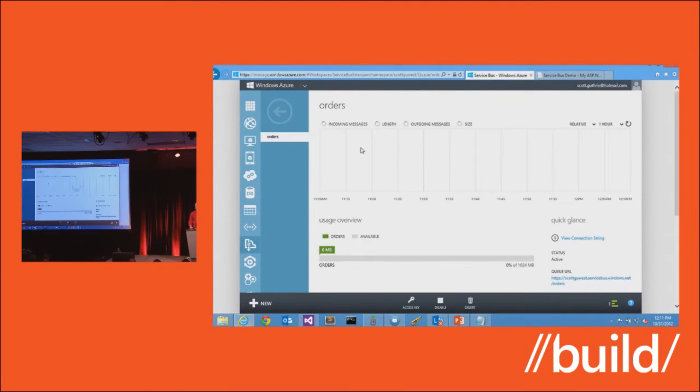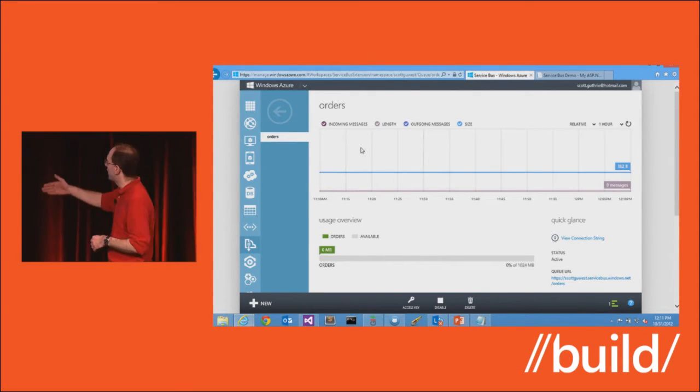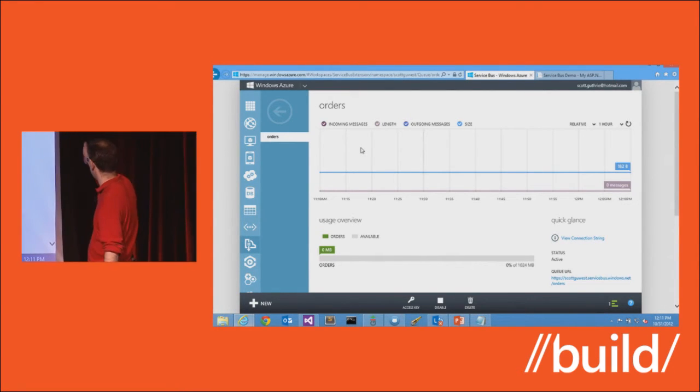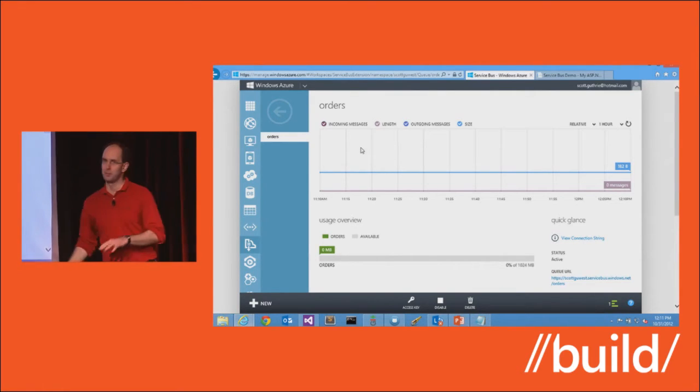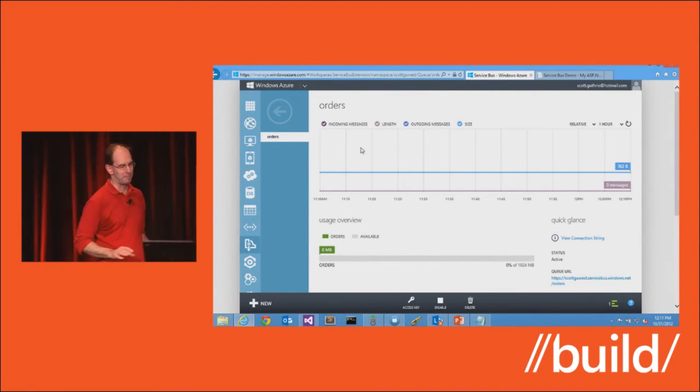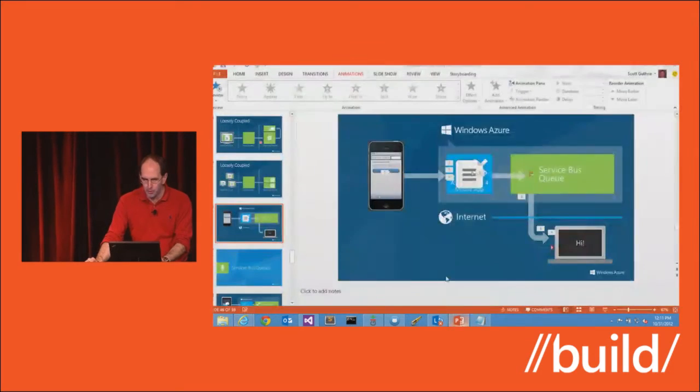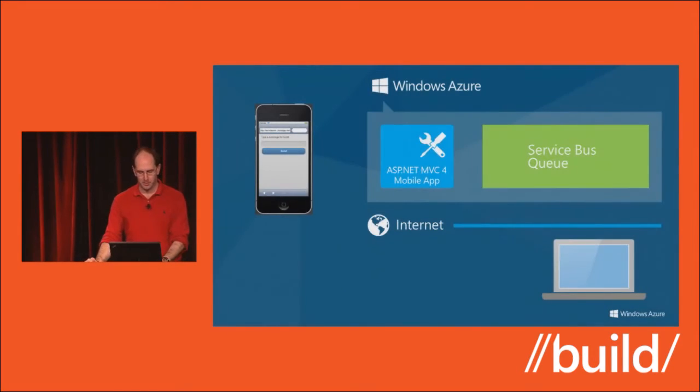And just like other services inside Windows Azure, I can go to the dashboard, and there's a slight delay here, so I should see it in a few minutes, a huge burst of messages that will show up. So I can also see kind of in real time how my app is doing. So that's one cool feature of the Service Bus. Let's now show another one.